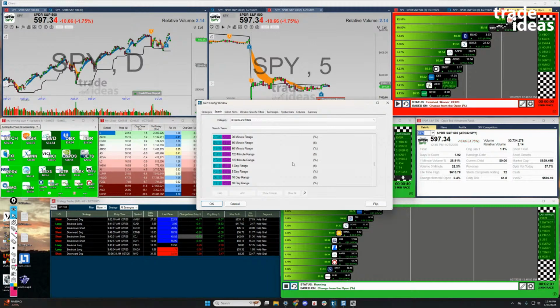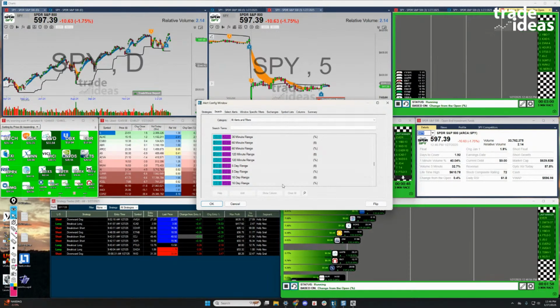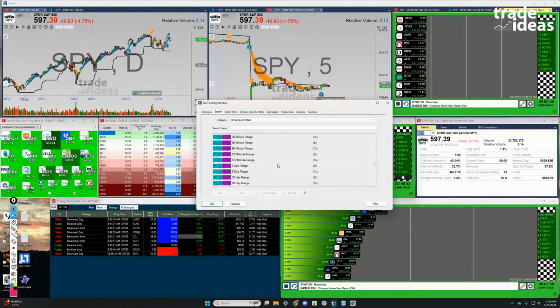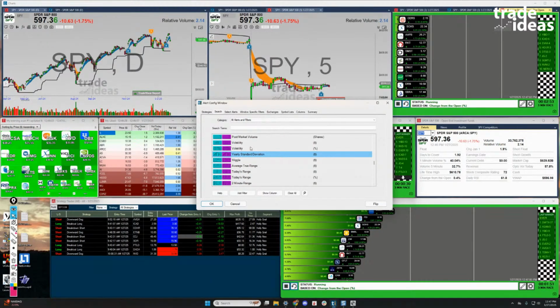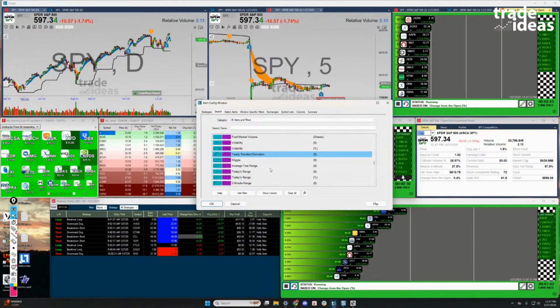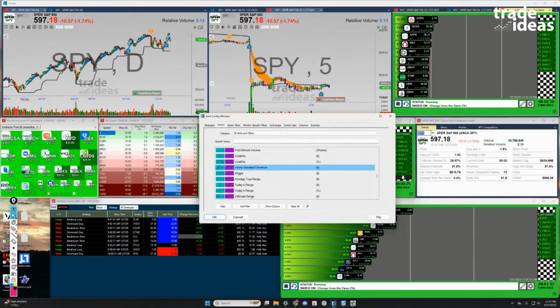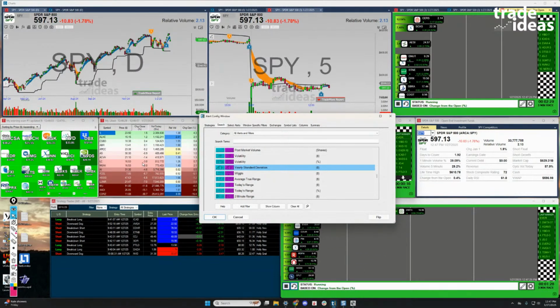The idea behind having so many pre-done things like this is so the average person can come use the software and not have to know how to code. They can simply select things, give them values, and get going scanning versus trying to code up and figure out stuff yourself, and how does an SMA work and how does an RSI work and all those things. You can go with just the very basics. You don't need to understand the math behind them necessarily. I don't think it hurts to understand the math behind them, but you don't have to.